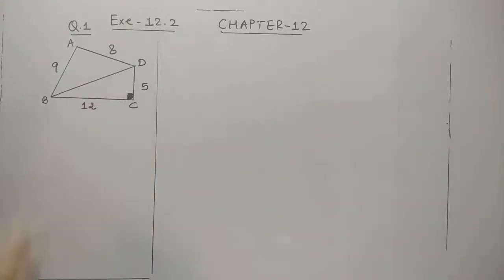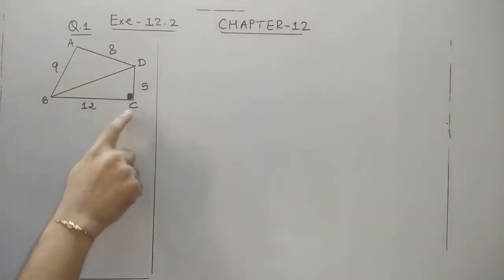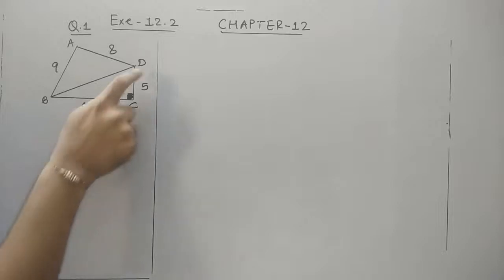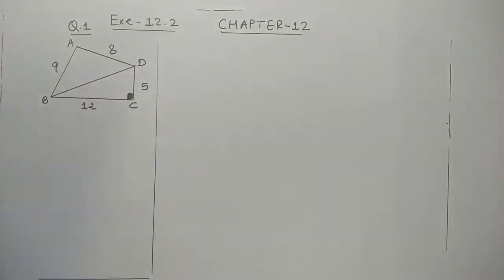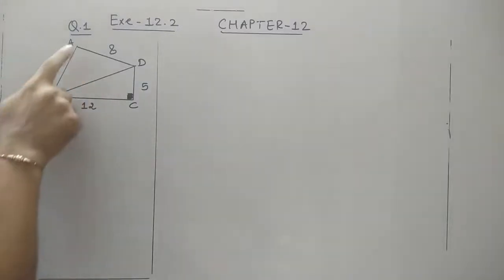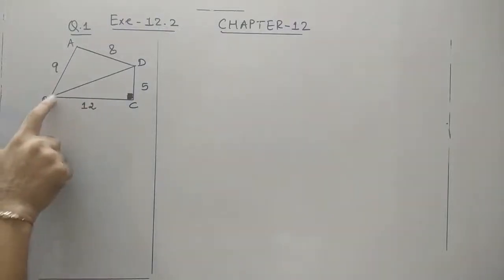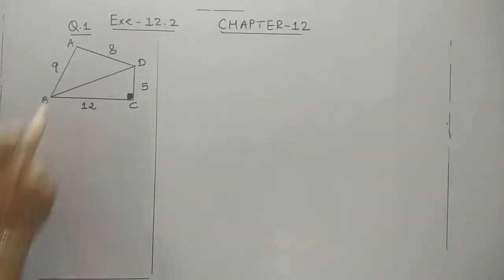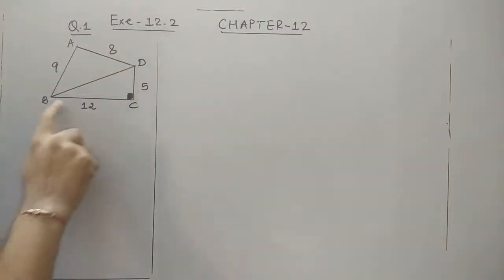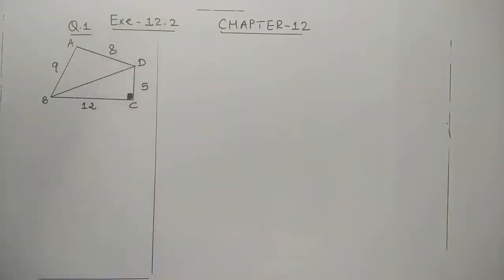Now the question arises how we can find the length of BD. If you observe carefully, in triangle BCD, C is a right angle. The lengths of BC and CD we have, so we can find BD using Pythagoras. It is very interesting to understand. If you join AC, then we do not have angle B or angle D as a right angle, so there is no meaning in joining AC. Because of that we have to join BD. इसलिए हमने BD join किया because angle C is given right angle.